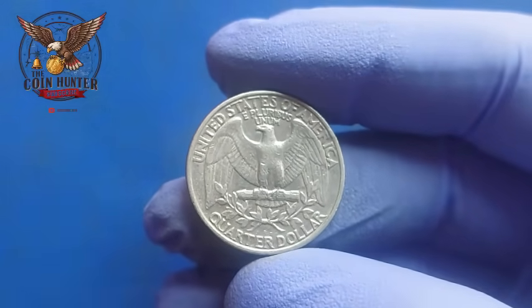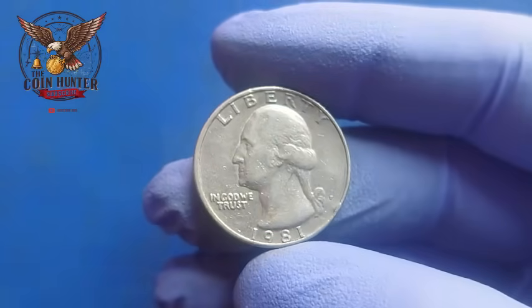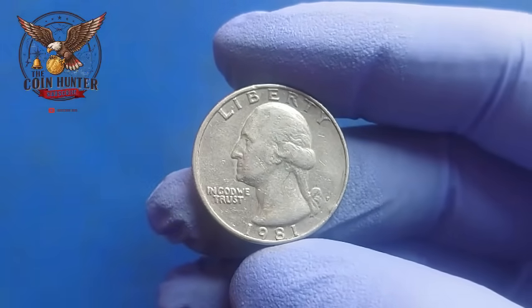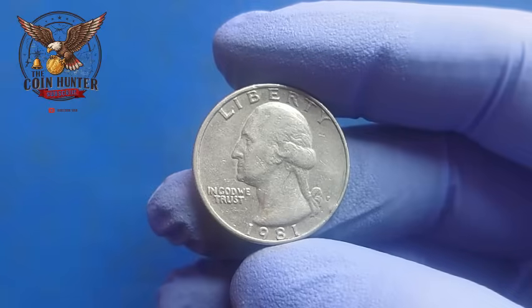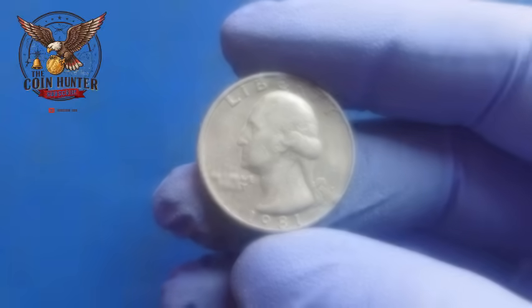So stay with me for just a few more minutes, because what I'm about to tell you about this final coin will absolutely blow your mind and will provide the perfect conclusion to this incredible journey through some of the most valuable coins in American history. Next,